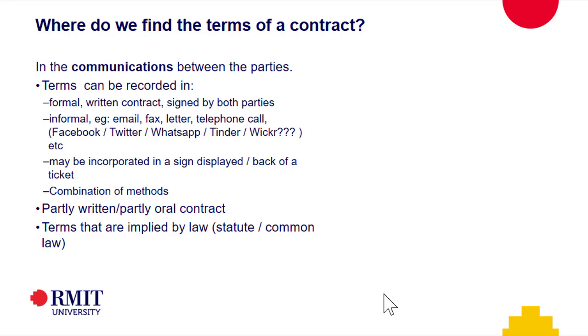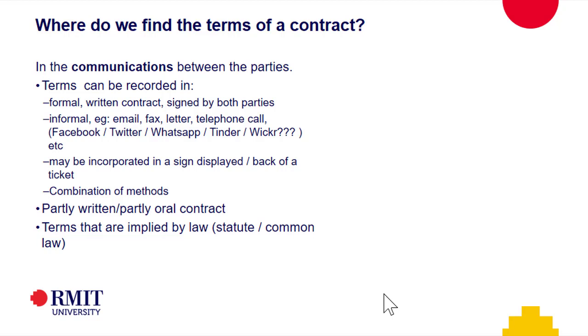So, where do we find the terms of a contract? Essentially, the terms of the contract can come from anywhere, really. What do we need to have a contract? We need to have agreement. Agreement comprises offer and acceptance, or if we can't separately identify those things, a meeting of the minds, consensus ad idem. We have established through our exploration so far that silence alone can't be acceptance, but a nod, a wink, in an appropriate circumstance, a shake of the hand can be.